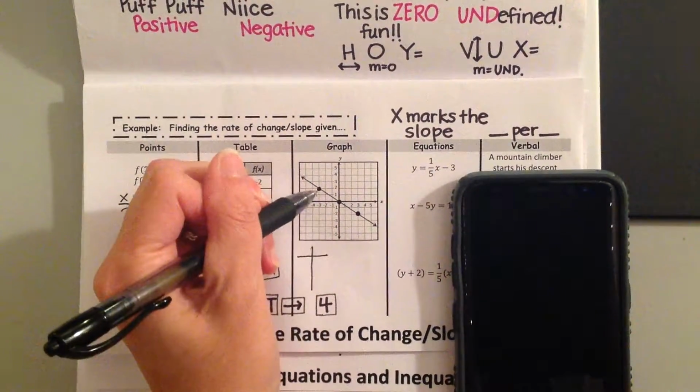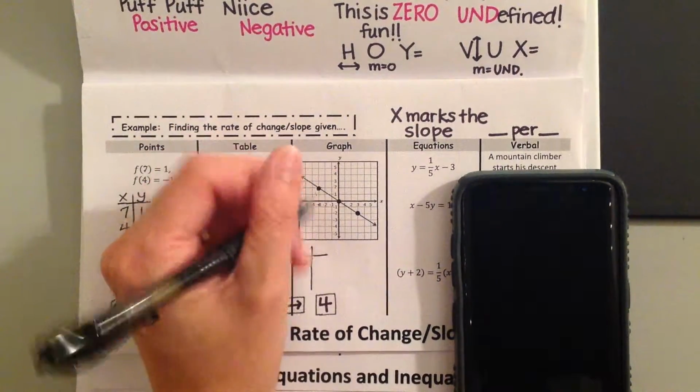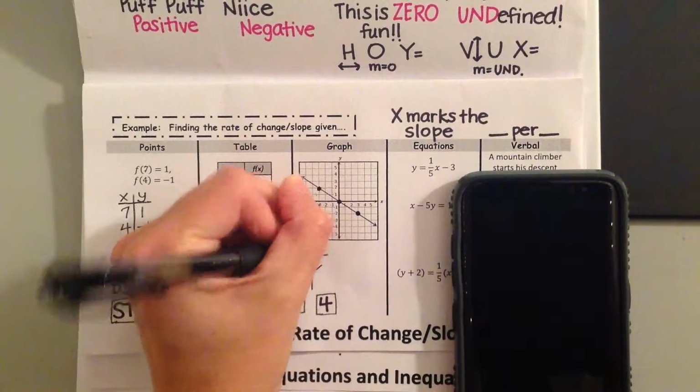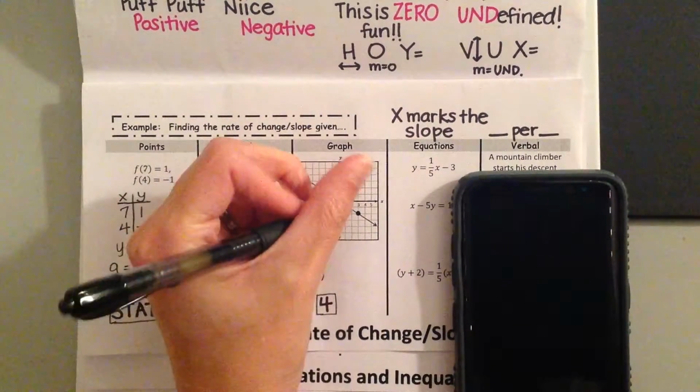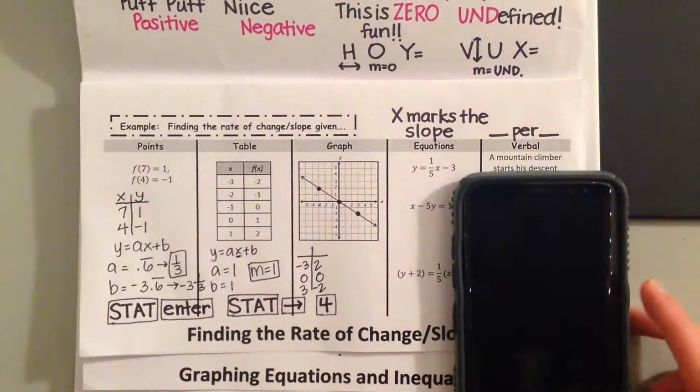So it has to be where you can clearly see the x and clearly see the y. So this point has -3, 2. I've also got 0, 0. And then I've also got this point here, 3, -2. So now I'm going to